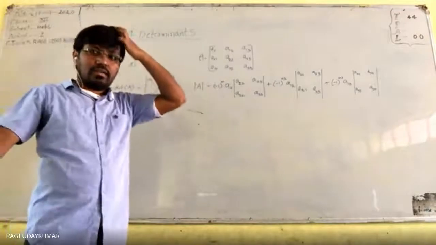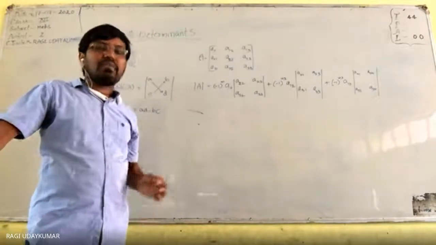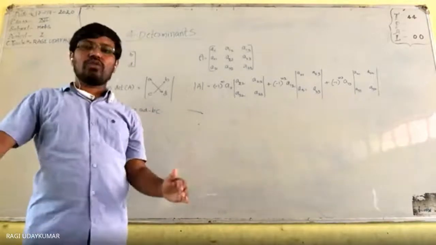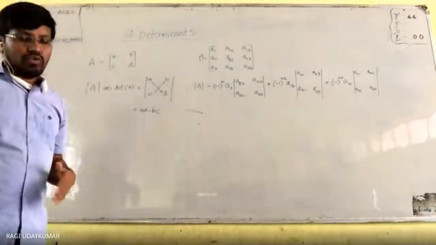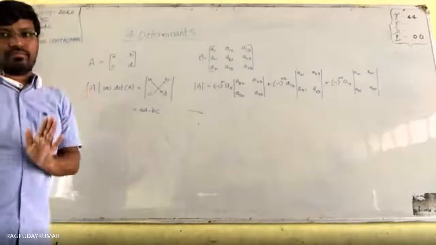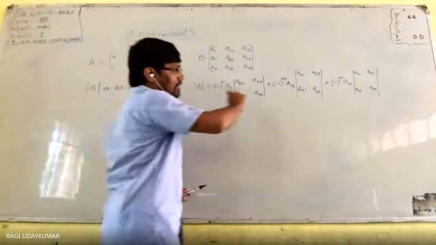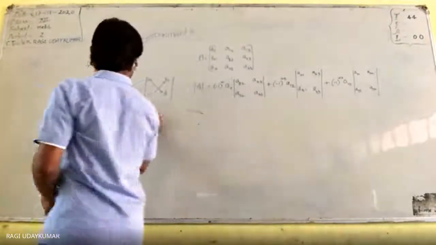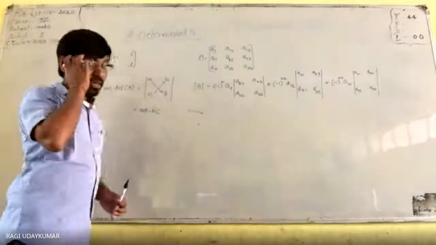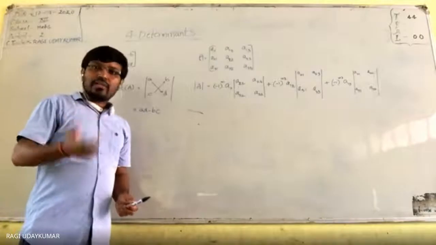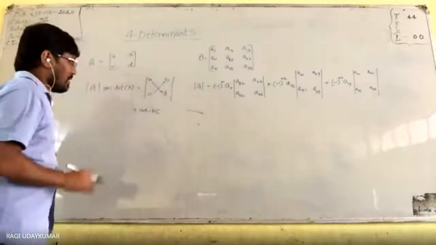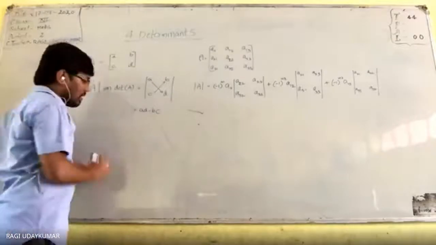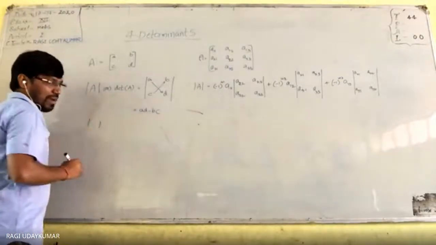Whatever number you get for this is called the determinant of this particular matrix. And you will get the same number even if you expand along the second row, or along any row or any column. Even if you see how we get the determinant of a 2 by 2 matrix, you will get it in the same way. Whenever you take this into consideration, the same process you need to follow.